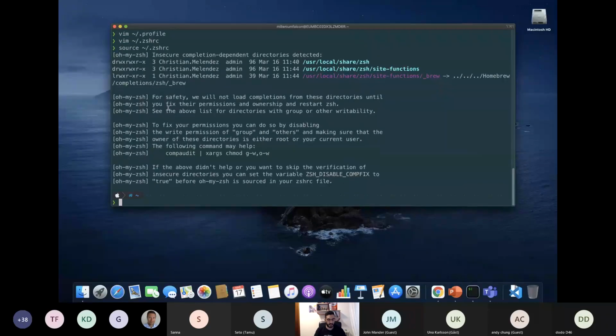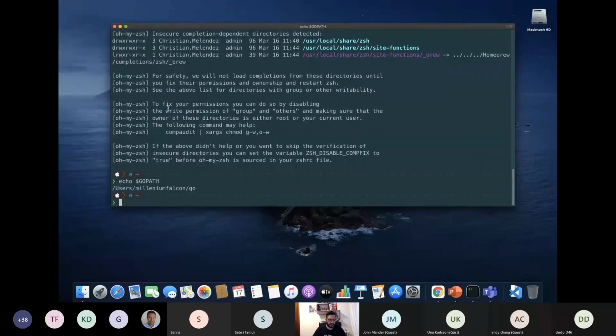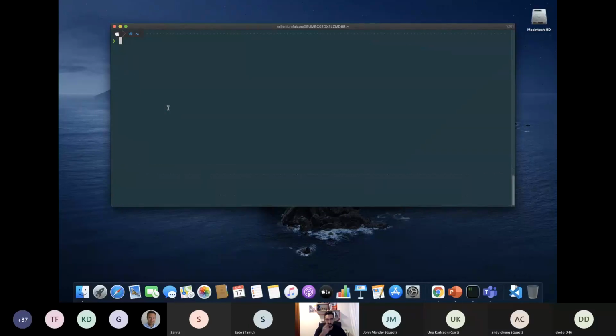I do source, so if I do something like this, okay, now I have to make sure that that location exists, right? And if I go something like cd GOPATH, no such file or directory, because that does not exist, right?